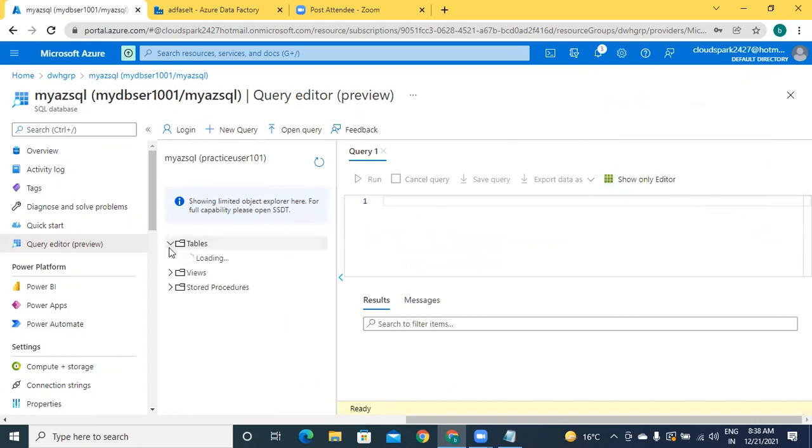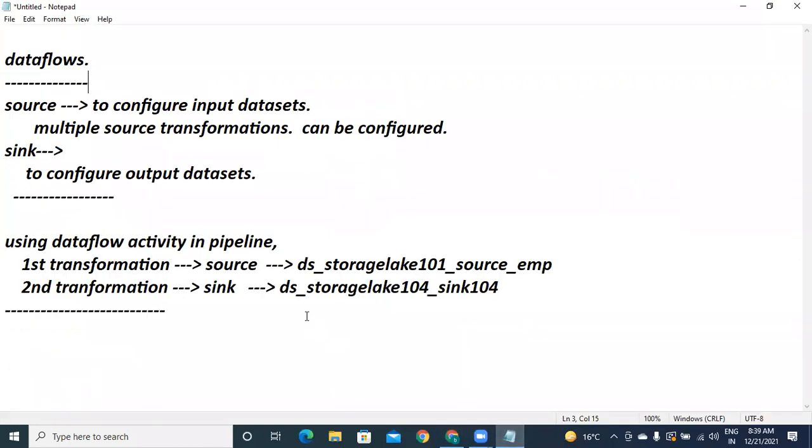I think we have already created a table, EMP. So now I'm going to use a different table, because we already have data in EMP. Let me write on Notepad, then I will paste it over here.